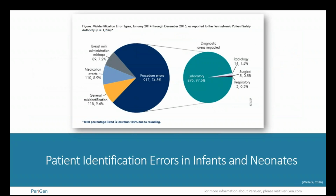The lack of publications studying the incidence and effects of newborn misidentification prompted Wallace et al. in 2016, in collaboration with the Pennsylvania Patient Safety Authority, to analyze newborn identification events reported to the Pennsylvania Patient Safety Authority. The author conducted a year-long study and recorded